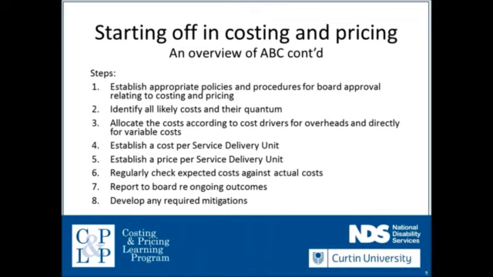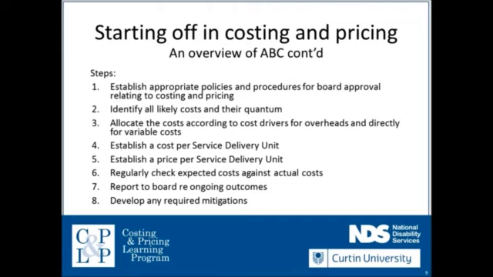You need to, of course, identify all likely costs and their quantum. In other words, when we look at costing and pricing, we're looking at forecasting those costs so that we understand what costs are needing to be recovered as a result of undertaking our process. We then allocate those costs according to cost drivers. I'll come back to cost drivers and overheads shortly. However, for the moment, we need to allocate those costs according to cost drivers for overheads and directly for variable